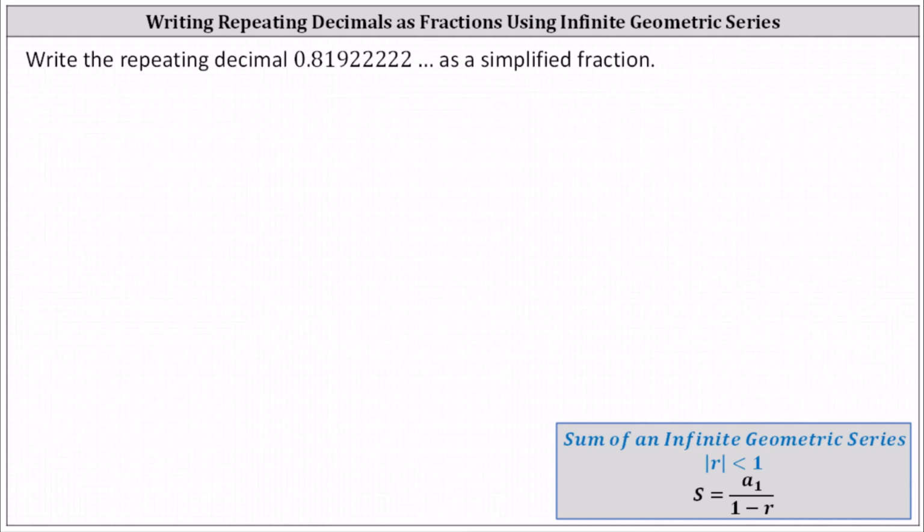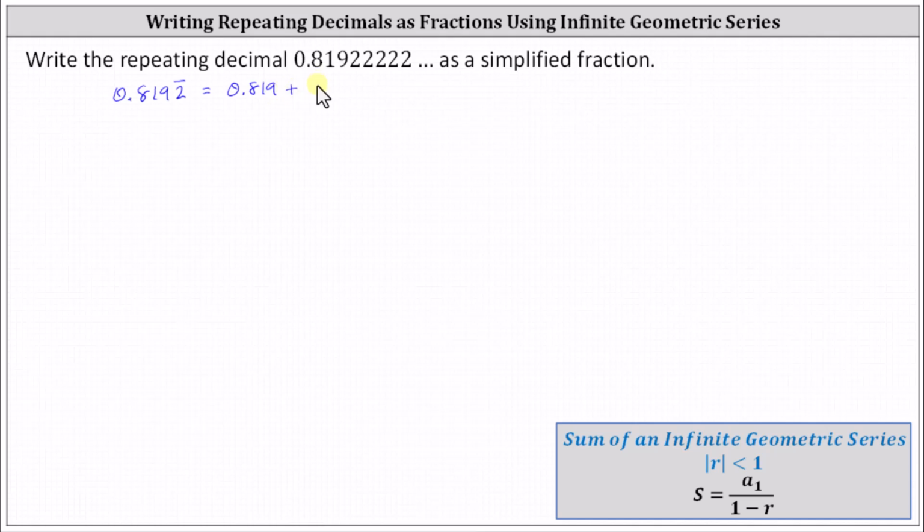Write the repeating decimal as a simplified fraction. To begin analyzing the decimal, notice only the 2 is repeating. We can write the given decimal as 0.8192 with a bar over the 2, which is equal to